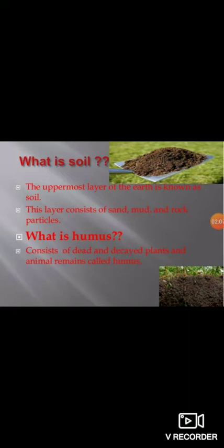That means when your plants die, their leaves and other parts, along with the animals which live in soil or other animals, their dead bodies decay. After decomposition with the help of saprotrophs, the organisms which live on dead and decaying matter, if you remember, we have done in chapter 1. So these saprotrophs change these dead remains of plants and animals into humus, the rotting dead matter. And do you know this rotting dead matter is very essential for the plants to grow,